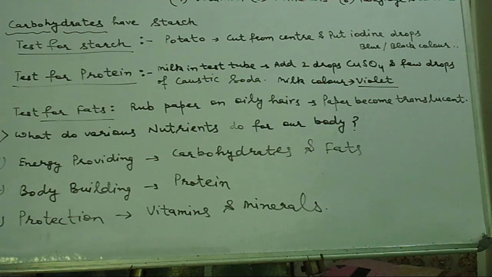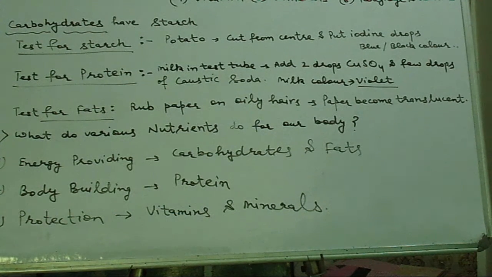And when we become able to eat substances, then we started eating more of the substances that contain protein. That's why we are taking so much of pulses and so many vegetables. That's for our body building. That's why you got the knowledge about proteins, that they build our body.